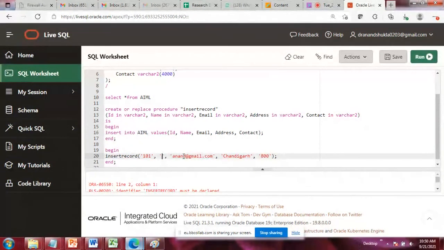Sir, will 101 come with a colon? Colon is not used, this is the comma. Quotes will come because every entry is a varchar. Every record is basically associated with varchar. Will double quotes come with the record? No, no, that will not come. It will be fine now. Wait.